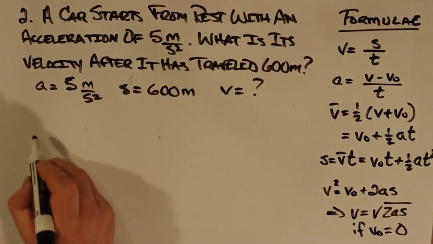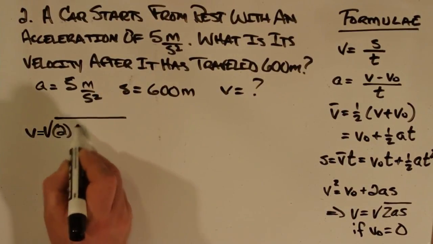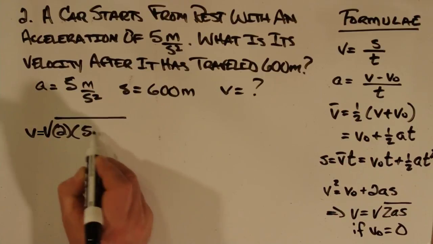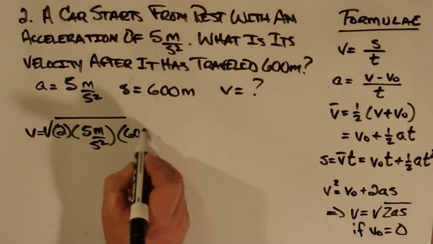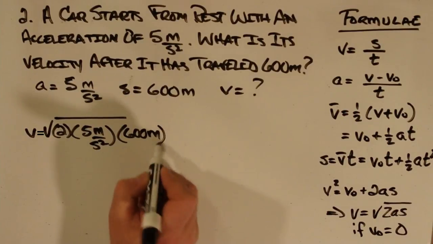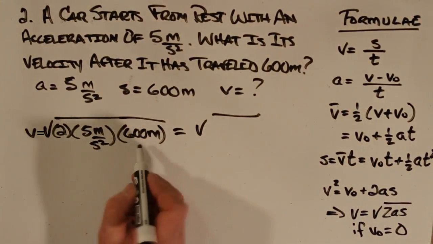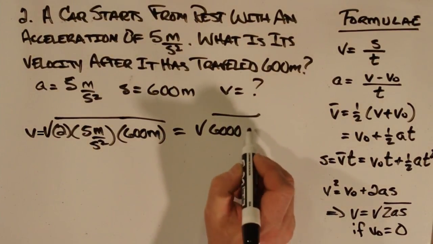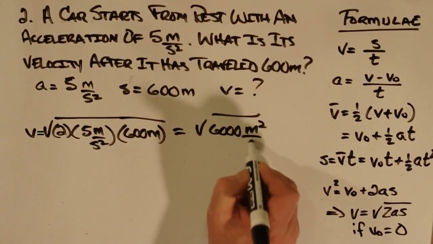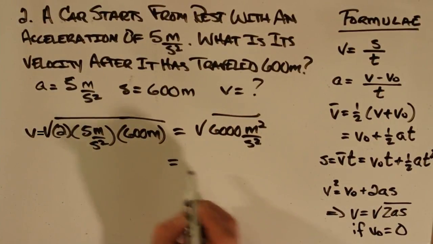We can use a relationship down in the bottom. V is equal to the square root of 2 times the acceleration, 5 meters per second squared, times 600 meters. That'll be the square root of meter squared, second squared. The units come out as, and then we've got 6,000, so that's 6,000 meters squared per second